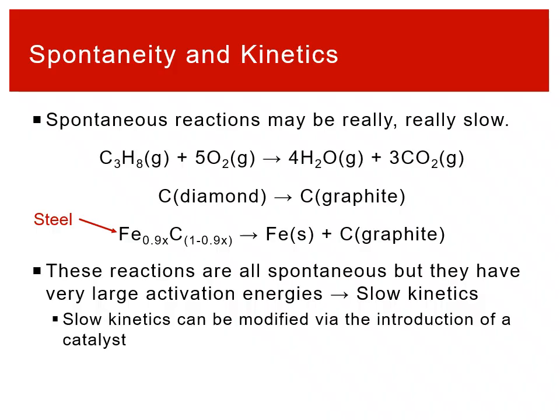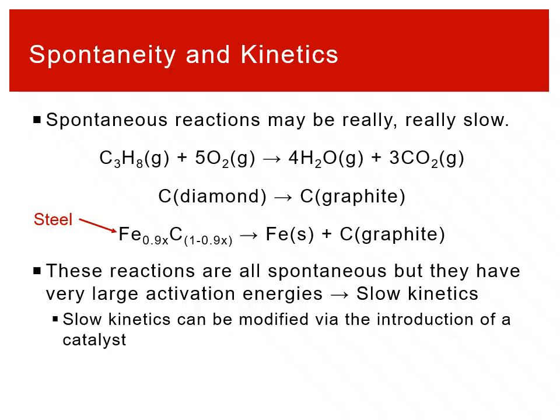So when we talk about spontaneous processes, especially when we're talking about chemical reactions, these are things that should happen. A lot of the language we're going to use is that spontaneous reactions do just happen. But when we classify a reaction as spontaneous, we don't necessarily imply that it's fast. Our good friend kinetics always comes back and says some of these spontaneous reactions may be really, really slow. The reactions we've talked about before, diamond becoming graphite, steel becoming iron and carbon, are all spontaneous, but they have really large activation energy, so they have really slow kinetics.